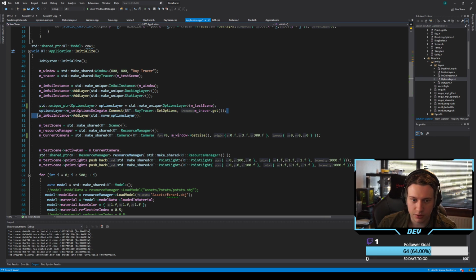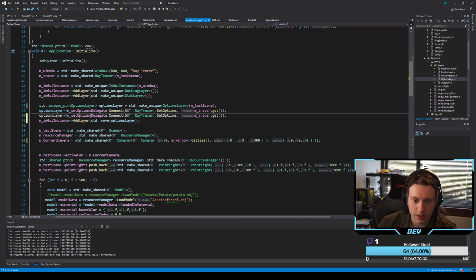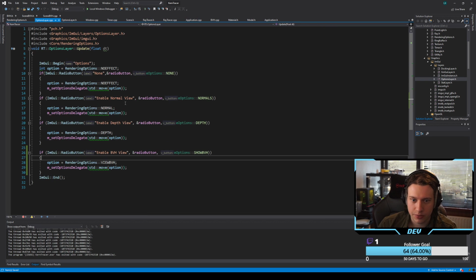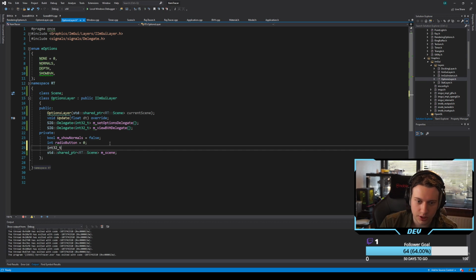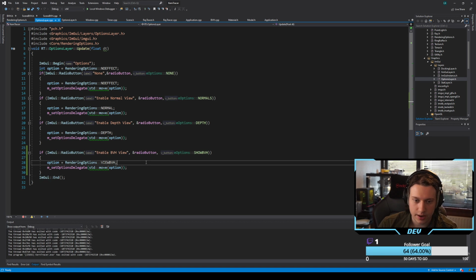So in the options layer, we have this delegate. In this case it would be the m dot view BVH delegate, and then we would do the set BVH info and then tracer.get, right? And then in the options layer, we would have an int32t draw m.draw depth, and this is equal to 0 by default, right? And then if this is the case, we would like to include an